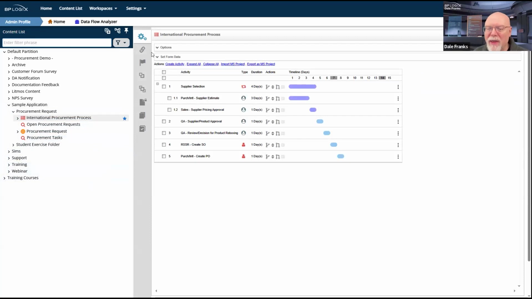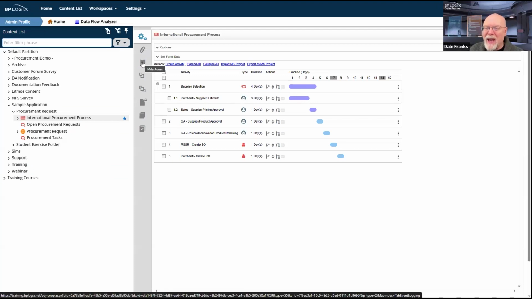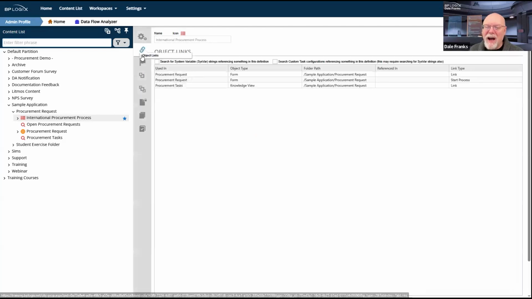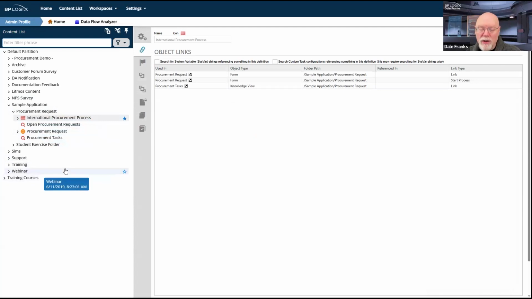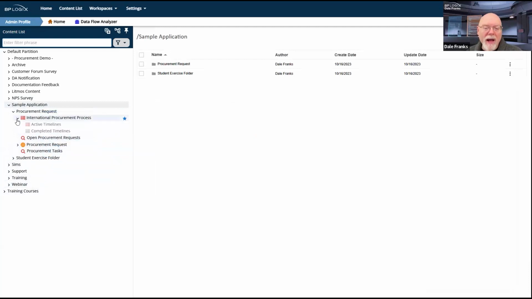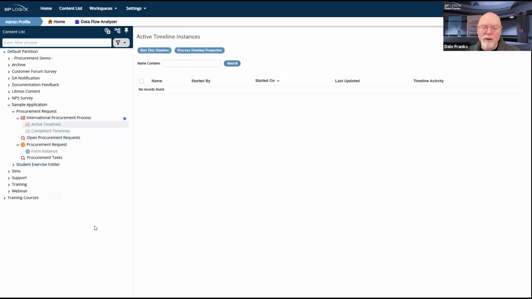Although, as many of you know, that didn't always work perfectly. It didn't always show up automatically. And sometimes you'd have to navigate through the form definition tabs to prompt a refresh of the content list on the left-hand side of the screen to actually show you your active and completed timeline instances. Well, don't worry too much about that now, because anytime I have an object that does have instances, whether it is a form or a process timeline, I have direct access to the instances right from the content list. As you can see here now, I don't have to have these items open to gain access to active timelines or form instances.